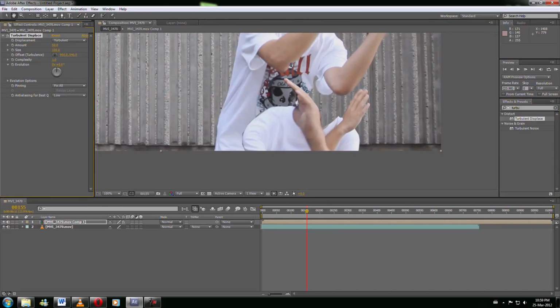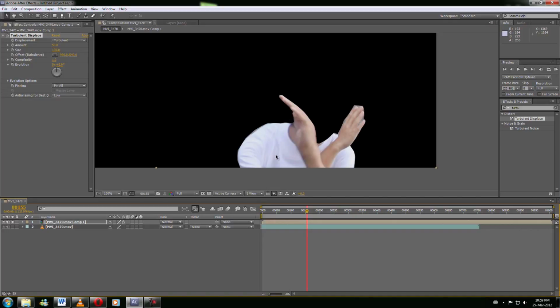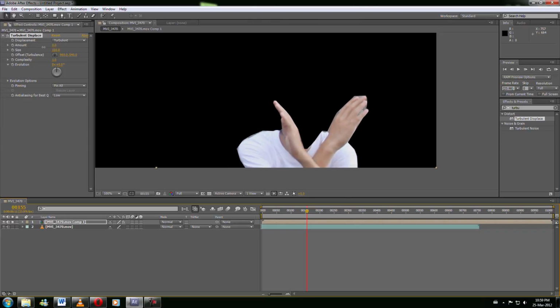What Turbulent Displace does is that it warps the image in a very organic way. It's a nice way to make waves and stuff. This is a bit too much for this purpose, so I'm going to lower the amount to about 4 and the size to about 260. And now the other thing I want to happen,